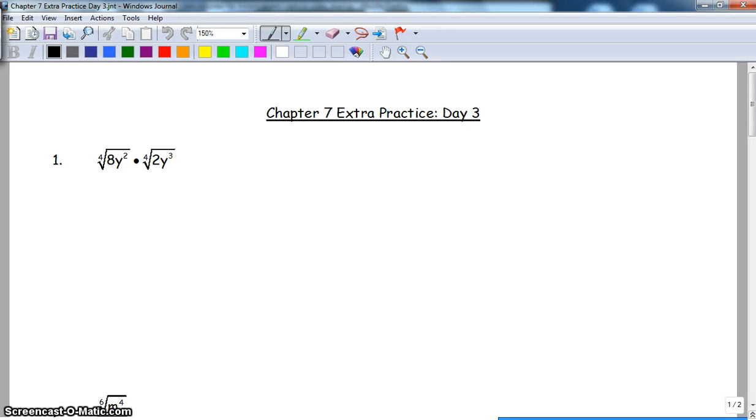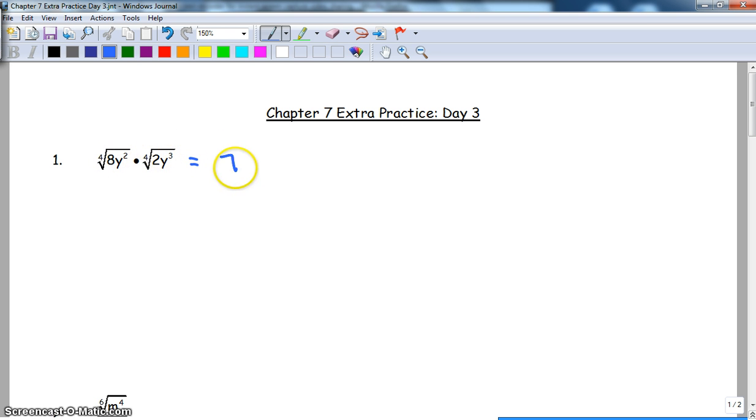Time for some extra practice on our Honors Algebra 2, Chapter 7, Day 3 material. So remember, there are multiple different ways to do each of these problems, and it's really kind of personal preference. So this first one, you can either change this to exponent form, or you can keep it in radical form. So notice these are both fourth roots right now,